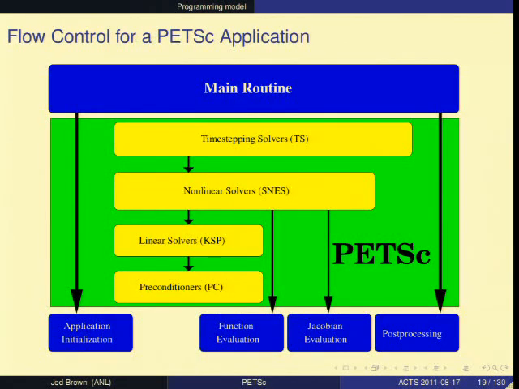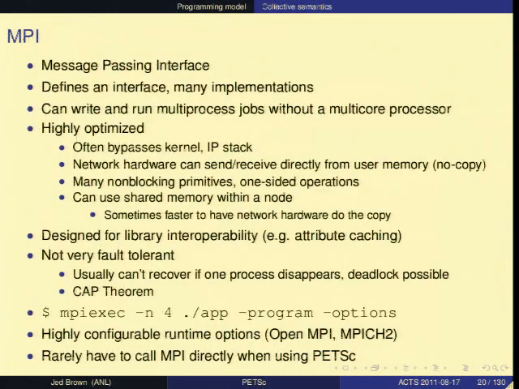So the general control flow: we don't take control of main at all. So you call into PETSc at whatever interface level you want to work with, and you provide callbacks that are specific to the kind of problem that you're solving there. So this is all built on top of MPI. This is basically the way that we program distributed memory parallel computers. MPI is a bit over 15 years old now, and really everybody uses it because, well, it's the only sane way.